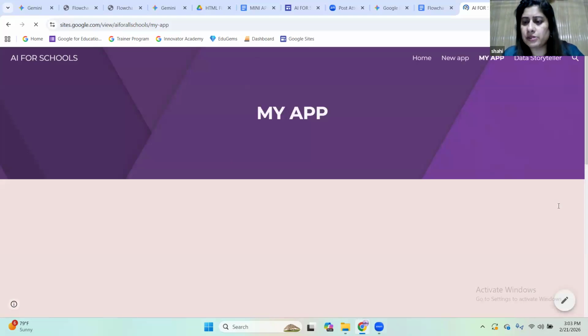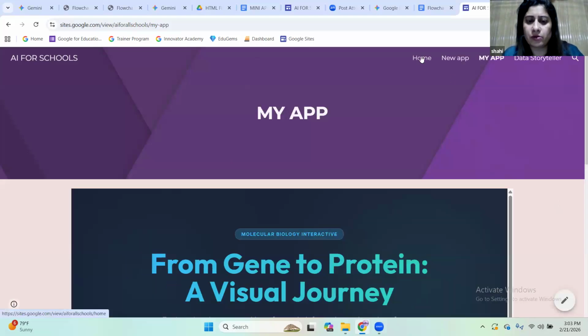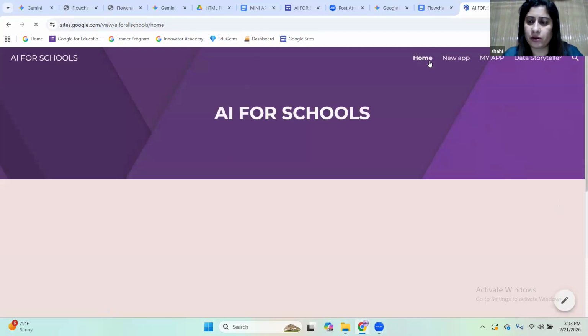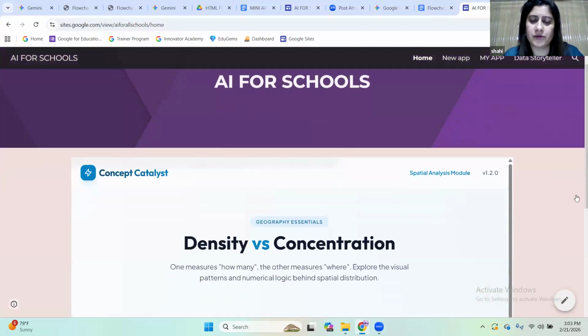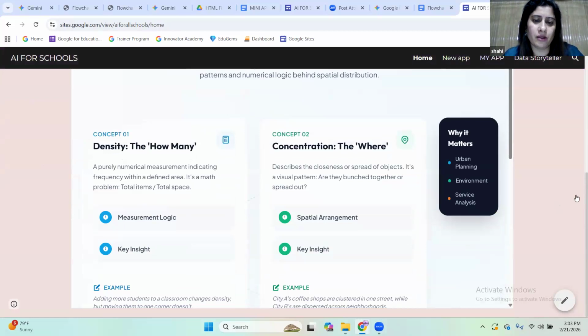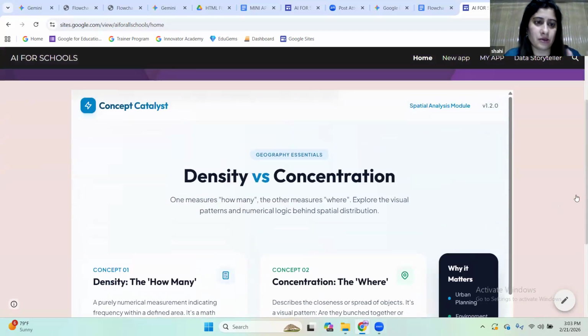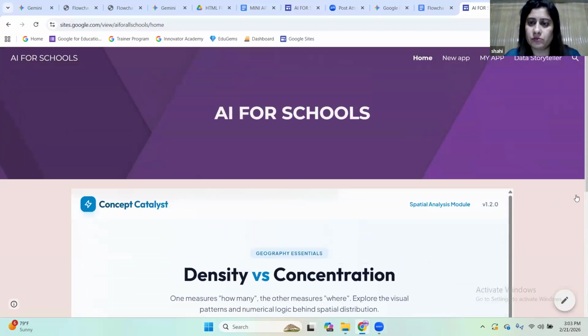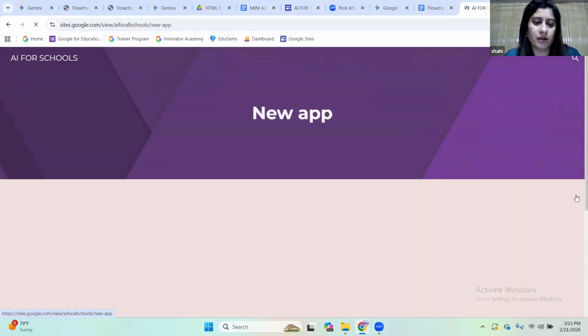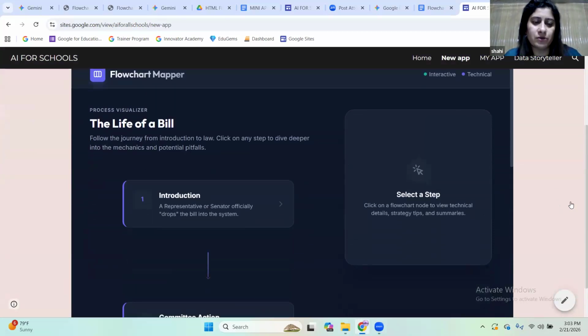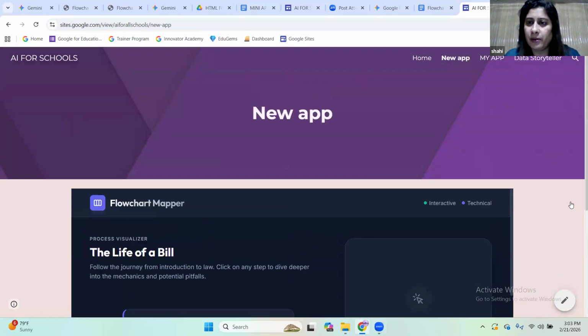Yeah, so this is my Google Site. So I have different app outputs here. This was the comparative chart which I have created. Then you see this is the recent one, the flow chart which we have created.